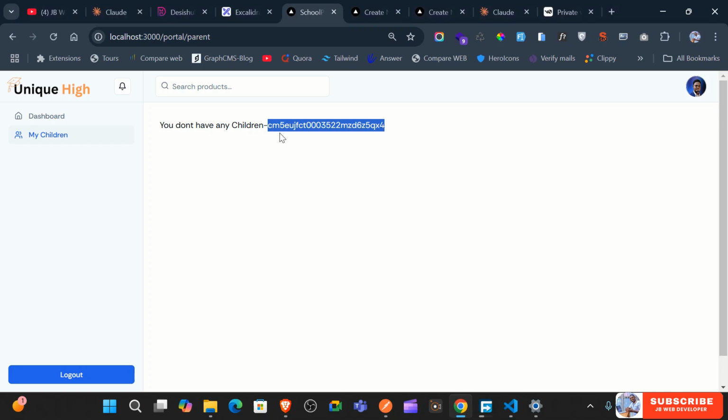That means we have also to save the user. This is user ID. We need to have the profile ID, the profile ID that we are using to fetch,